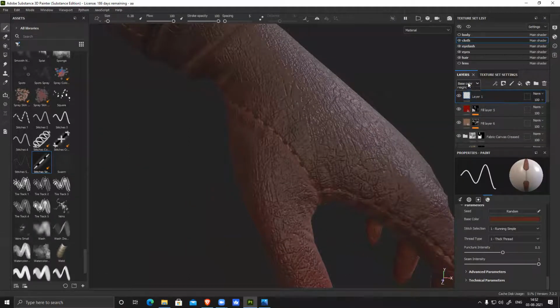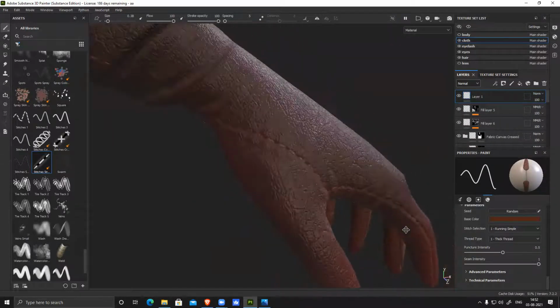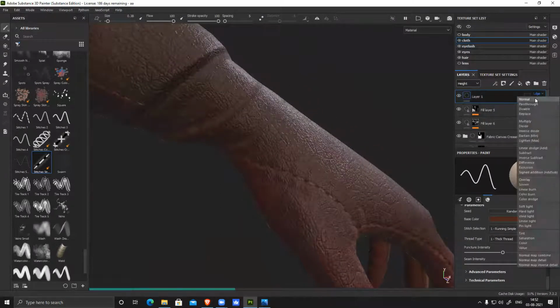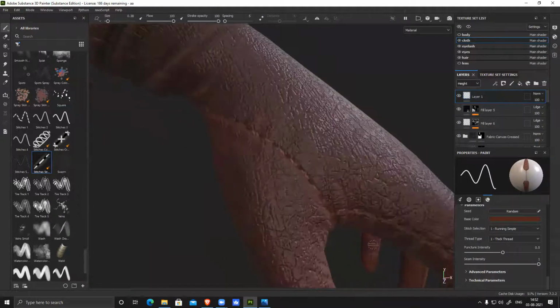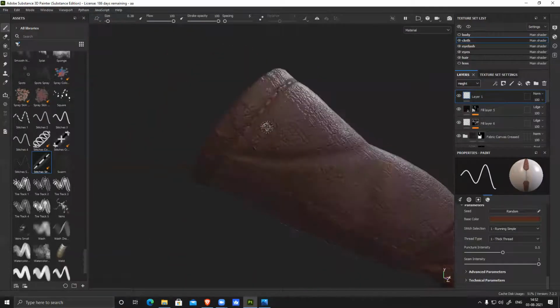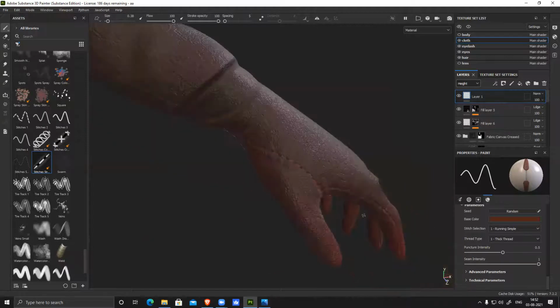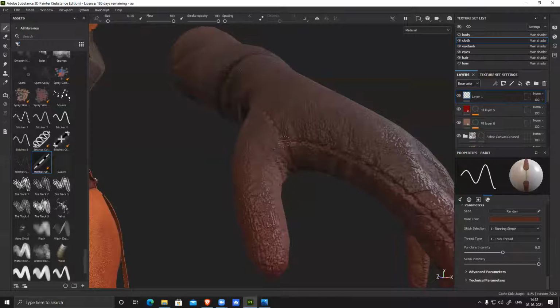So what I can do is go to normal and change it to normal. Let's see, I think it changed height, make it normal. See, this stitch became flat. So just to change those things, and now I can just continue with this.